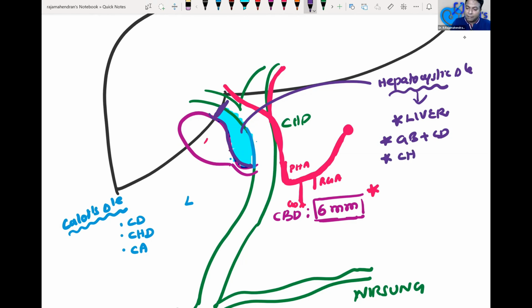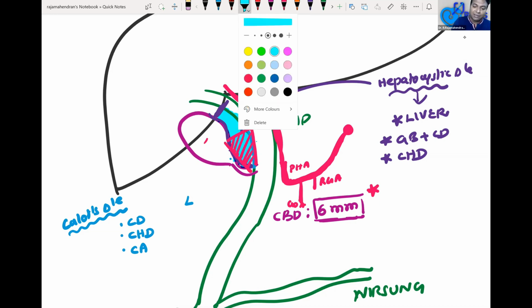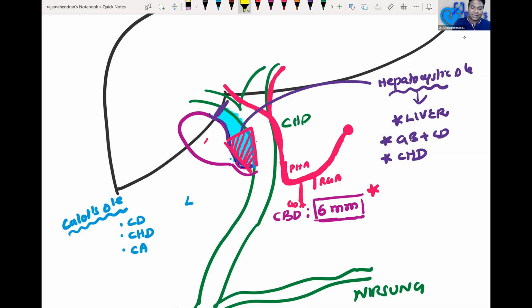Another boundary is the common hepatic duct. So this is the boundary of the hepatocystic triangle. There should be no confusion for final years and for PG aspirants related to this triangle. Kellogg's triangle is a small triangle within the hepatocystic triangle. As laparoscopic surgeons, we are more concerned only about Kellogg's triangle. We are least bothered about the hepatocystic triangle.